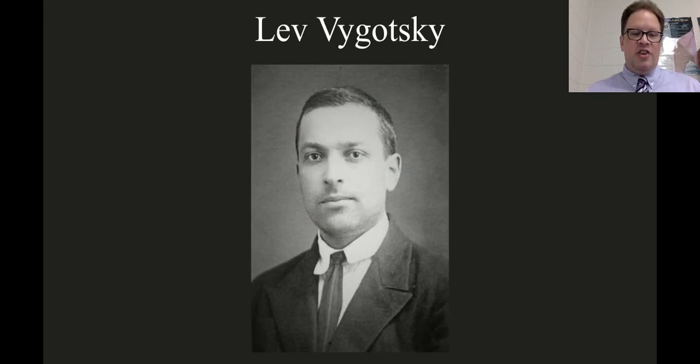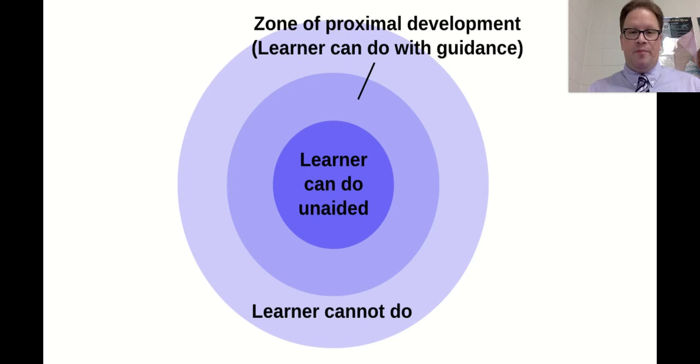Now, Russian psychologist Lev Vygotsky theorized that children learn through hands-on experiences and social interactions with members of their culture. Vygotsky claimed that timely and sensitive interventions by adults could help children learn new tasks when a child is on the edge of learning a new task, which he called the zone of proximal development. So the zone of proximal development is the difference between what a child can do with help and what a child can do without any help or guidance.